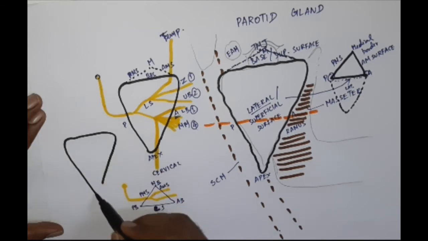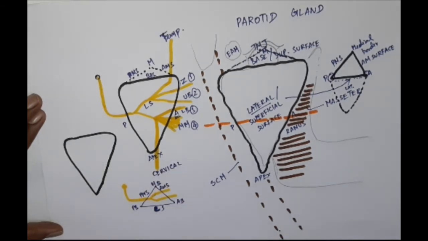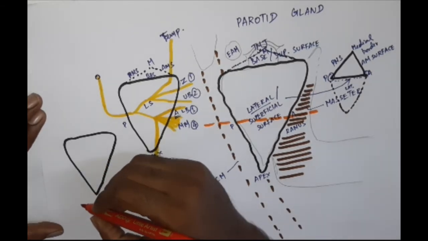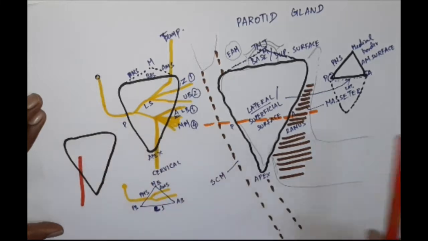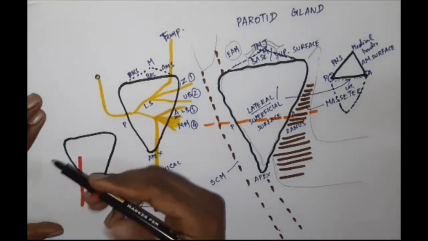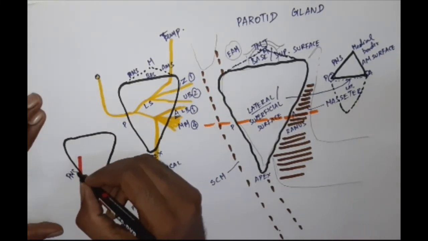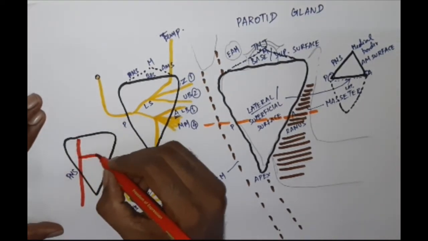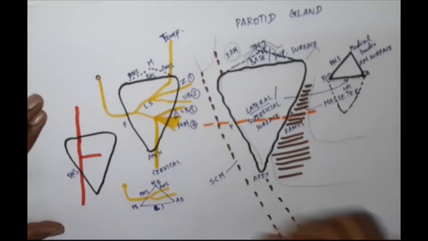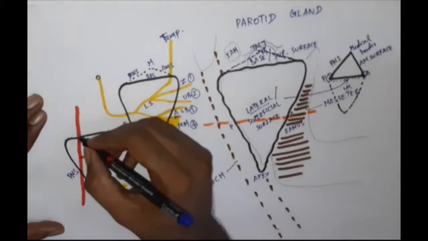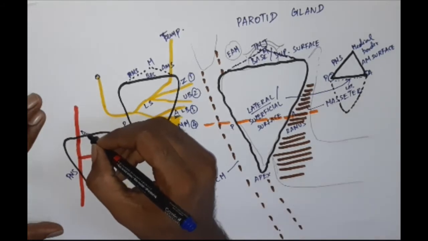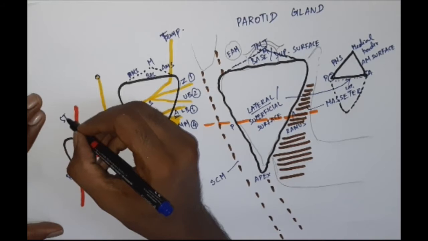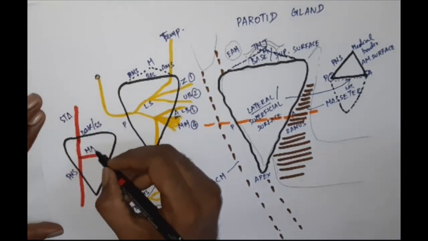is the artery. The artery is next to the vein. The external carotid artery, which is running up, gets into the gland via what surface? Posterior medial surface. It gets into the posterior medial surface. It divides into two branches. One branch is going up. How is it going up? It leaves through the base or superior surface. This is the superficial temporal artery. The other artery is the maxillary artery.